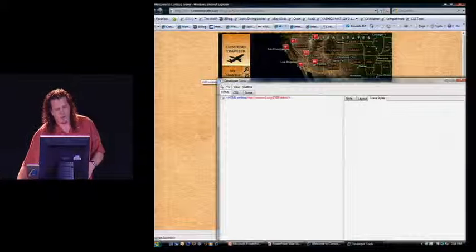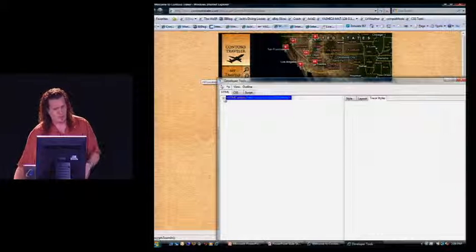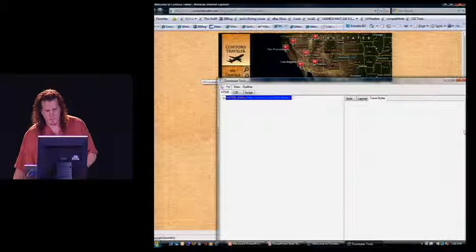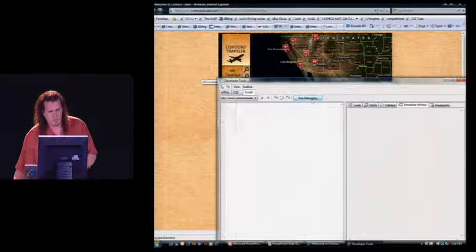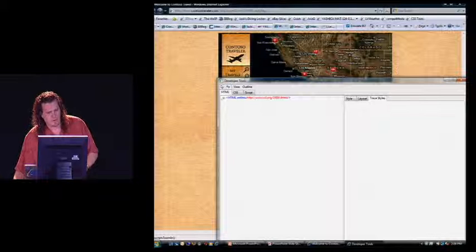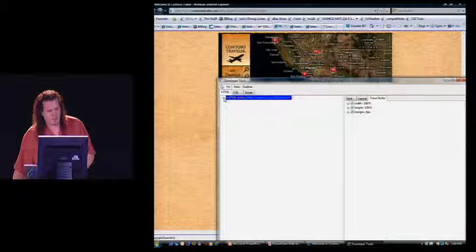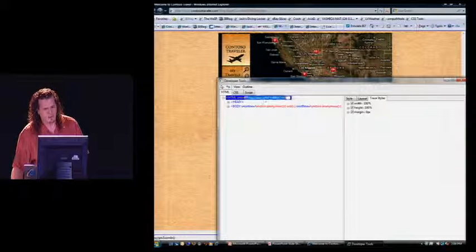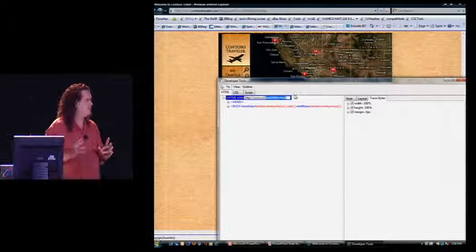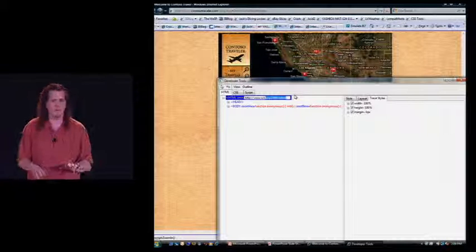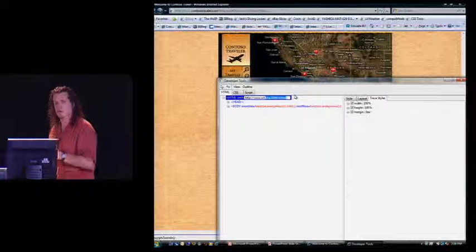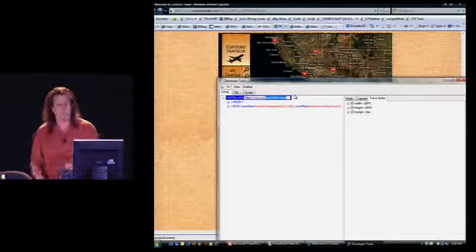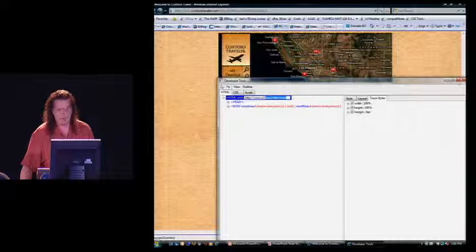You can also, in the HTML and CSS display, edit any attributes, any property values, anything like that as well. So you can basically modify the page until you get it to work, and then you've figured out what's wrong with it, and you can copy that back into your main page.